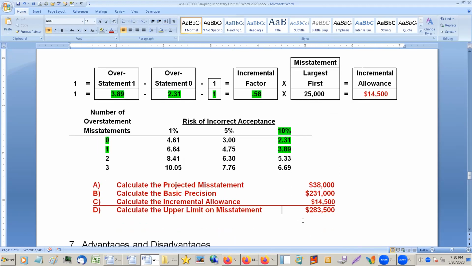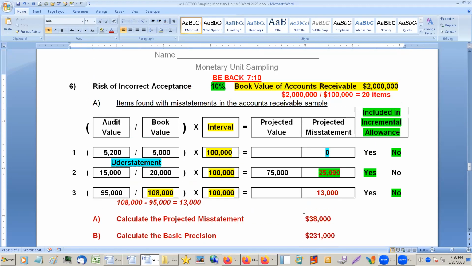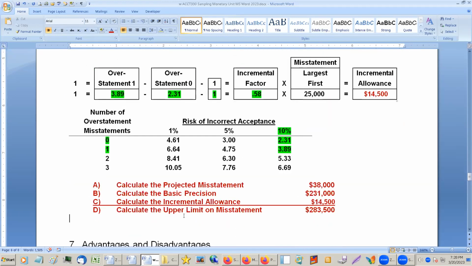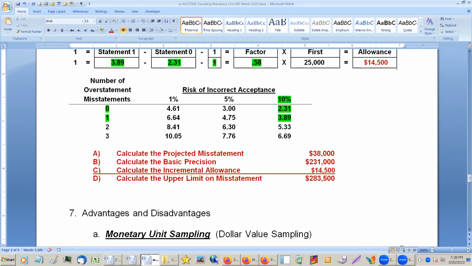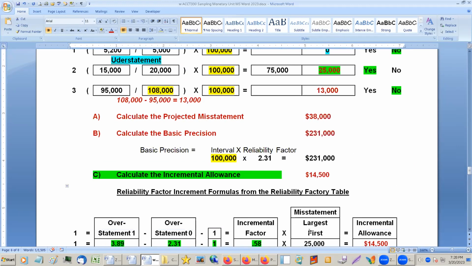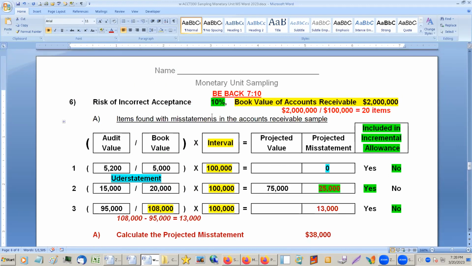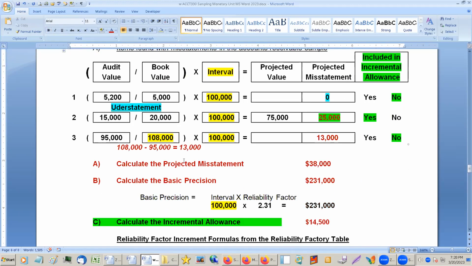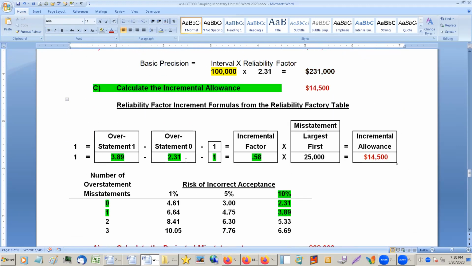Okay, so this 283,500 is out of what, 2 million? That's quite a bit. That's probably material, but the CPA exam will not ask you if that's material or not. But you should come up with that answer. And by the way, the CPA exam has given problems like this. I don't know whether they have lately. I know that they have in the past, and this one is actually based on ones they gave out in the past.